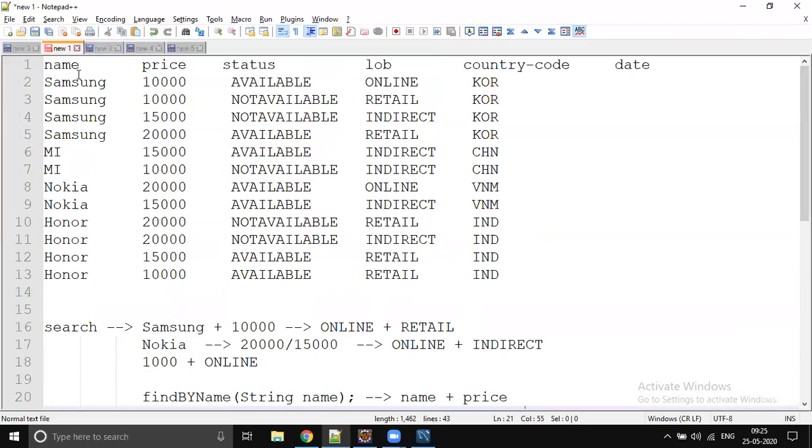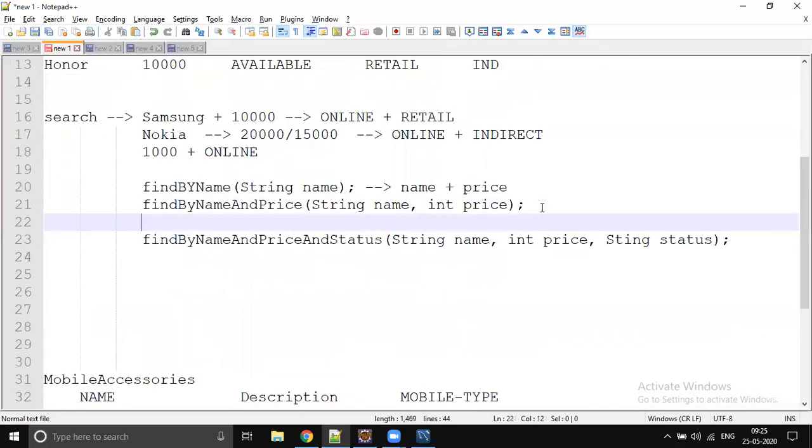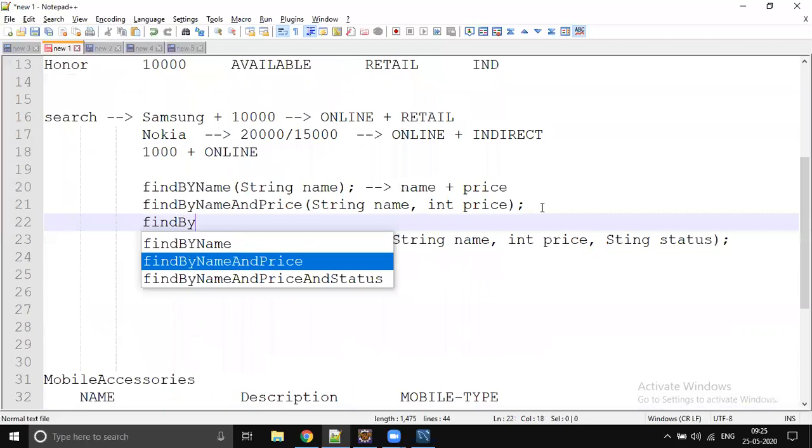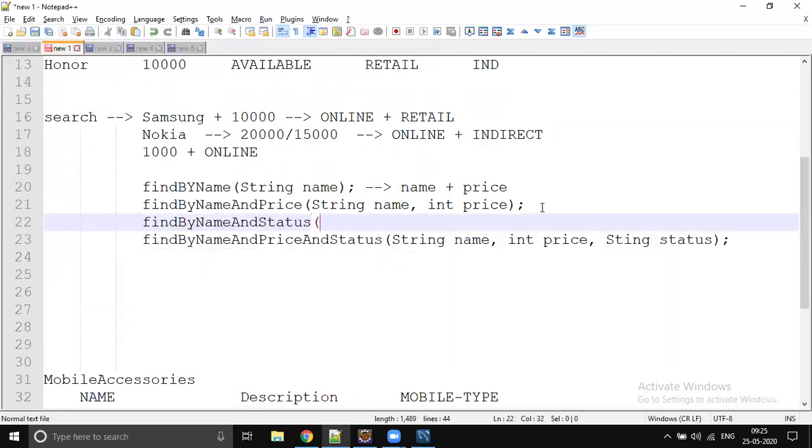He wants to see any Samsung mobile which is available, irrespective of the price. So now the search criteria got changed. Then you will write, okay, find by name and status, string name, comma, string status.